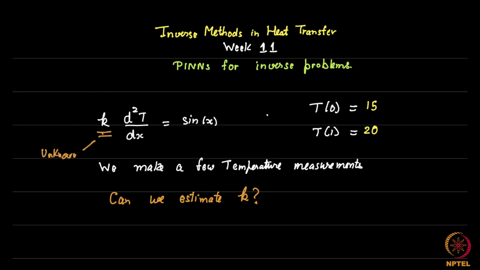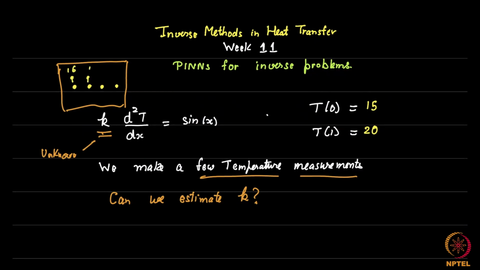If K is unknown, and let's say you are within a slab, and you make a few temperature measurements. Let's say at 4 or 5 locations, you make temperature measurements, and you do get values. So let's say it is 16 here, 17 here, 18 here, 19 here, just to give you an example. I'm just making up numbers. So let's say we make these measurements. We have also measured the boundary condition, and we want to make an estimate for K. So the question is, can we estimate K now without,